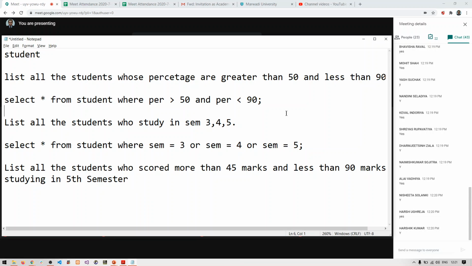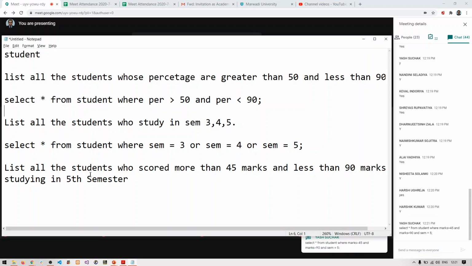I want this answer. You can consider the table as student, marks as marks, and semester as sem. First, read the question properly, and then try to answer this.